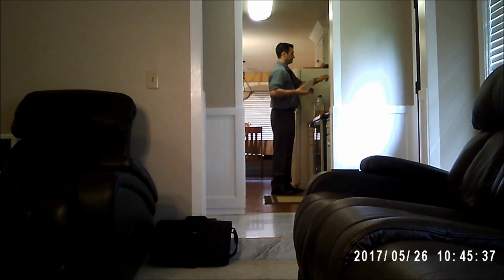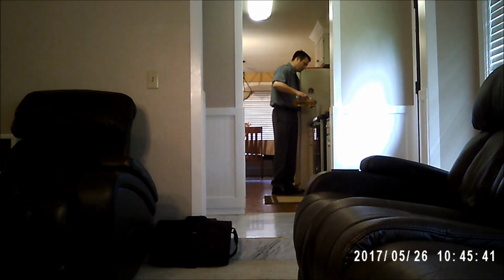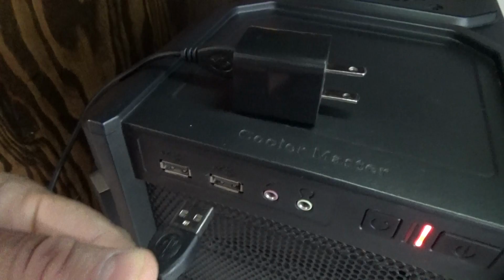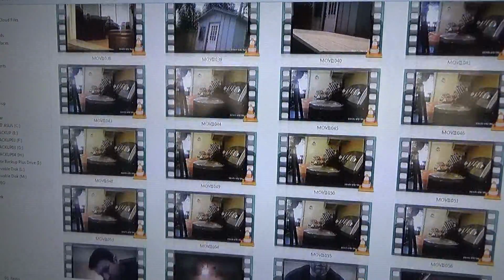You, however, of course, will receive one of these special cords when you order. Once you have it, you simply plug one end into the camera and the other end into your computer, and you will be able to access your files, play them, and delete them, just like you would with any other